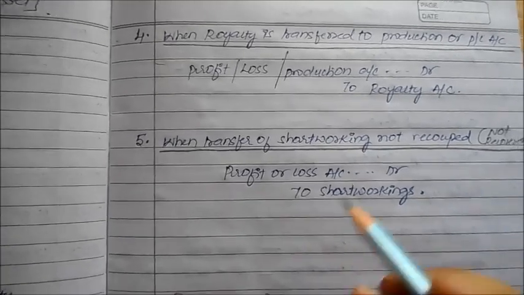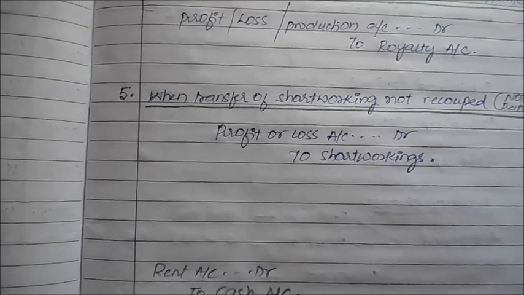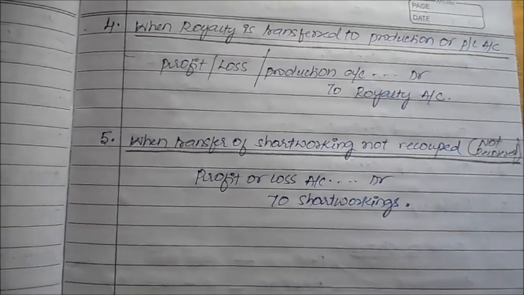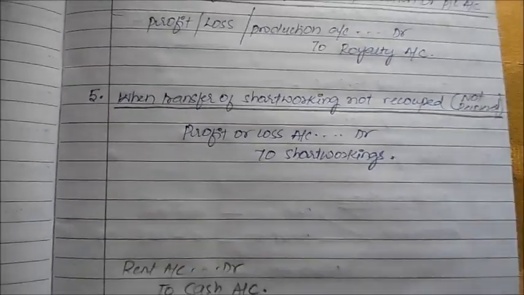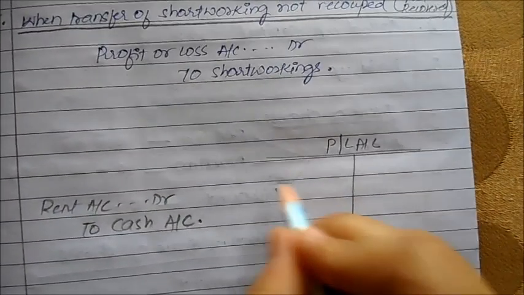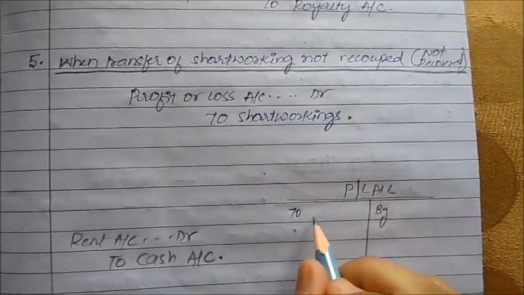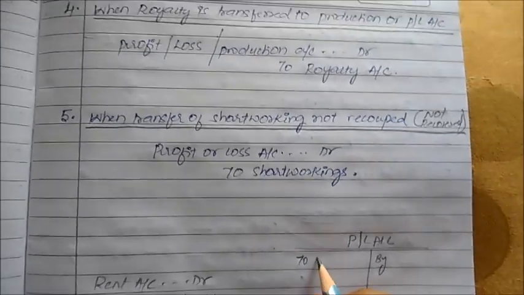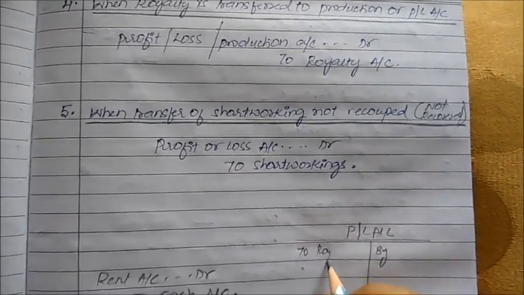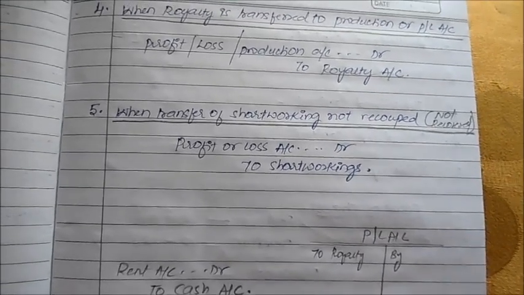The fourth journal entry is when royalty is actually transferred to your production. What exactly happens after you record the journal entry? What is the exact purpose? To show it in your financial statement. Whenever you are drafting your P&L account, what do you generally do? You have the debit column, you have the credit column, right? Debit all expenses, credit all income. Here, whenever we are writing royalty, that means we are giving it one place in the financial statement.